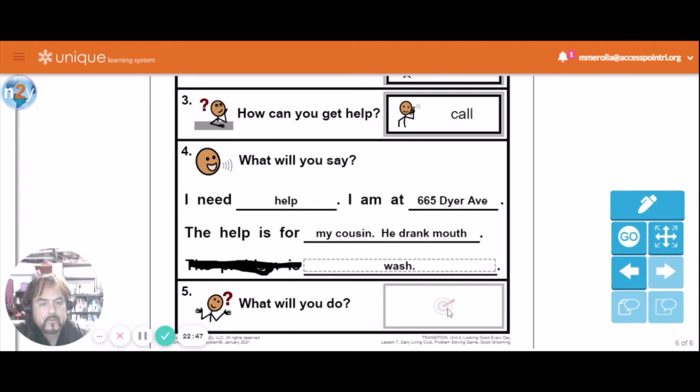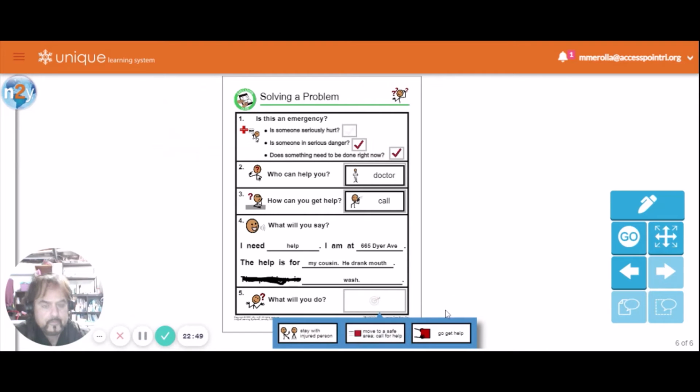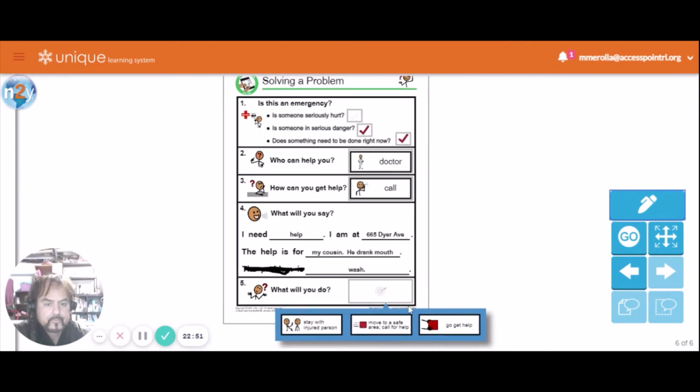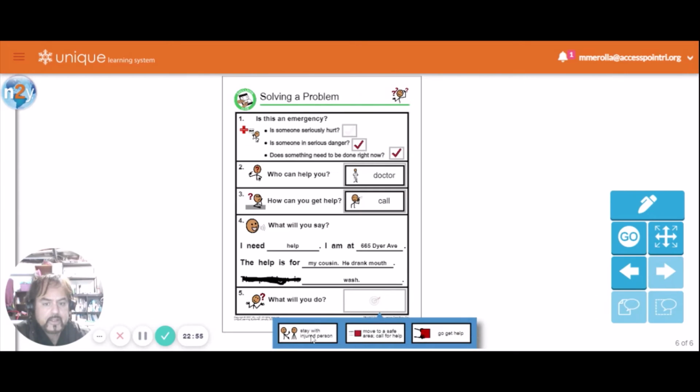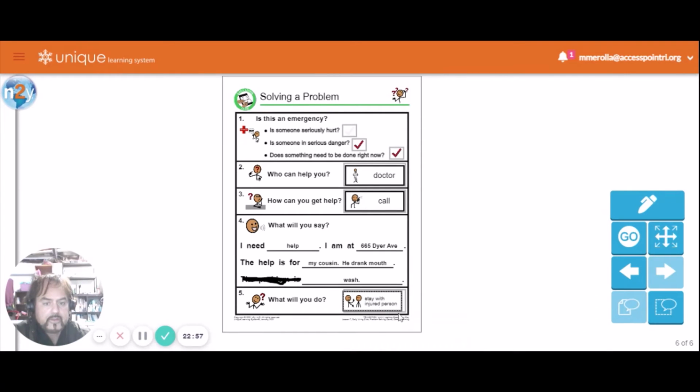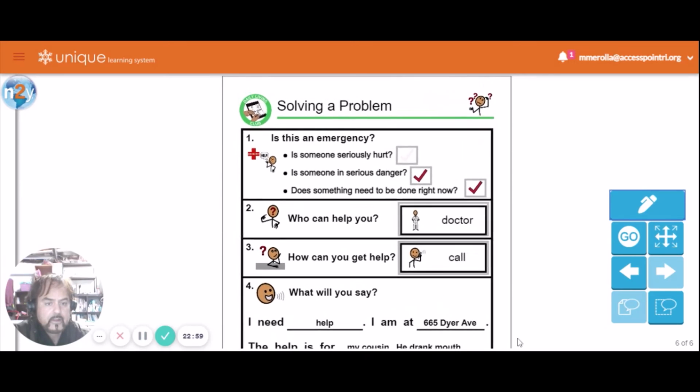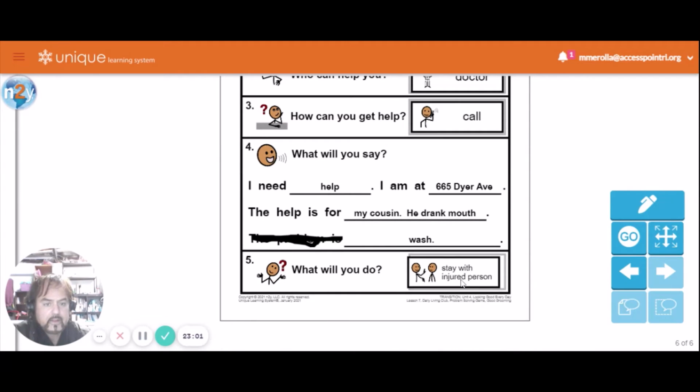All right, so what will you do? You're gonna stay with the injured person. You're gonna stay with your little cousin until the ambulance gets there. Stay with the injured person. All right. So we solved that problem. All right, let's go back to the game board.